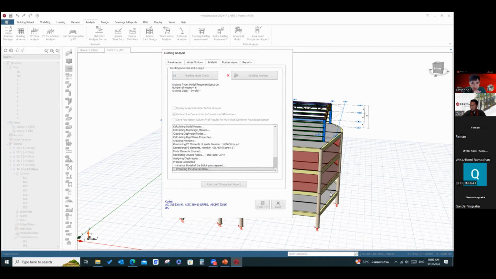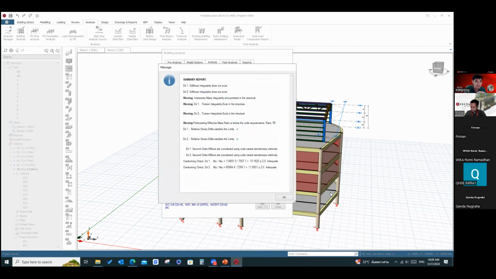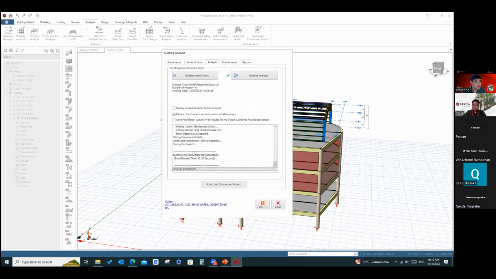Oh, but I have to tell you this: in Prota they don't have the moving load for you. So if you're going to use it for bridge design or road design, it will be difficult. You have to identify the slab as a block and input the load case by case, something like that.